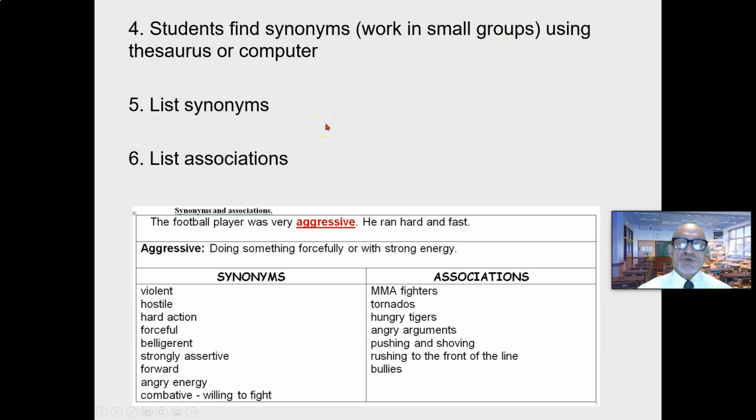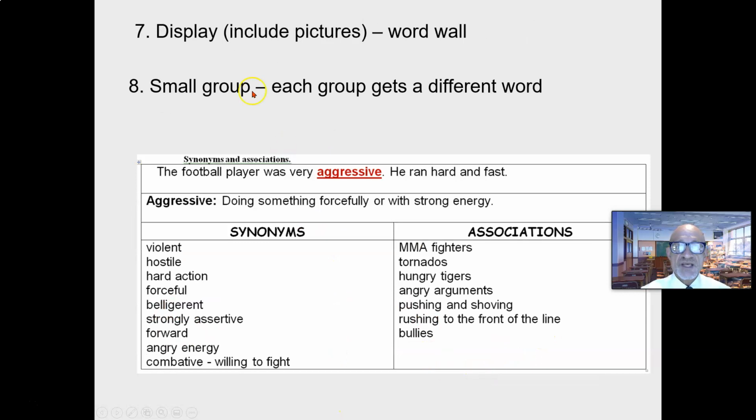Then, students work in small groups to find synonyms after defining the word. All right, you define the word, or they define the word, or find a definition. Students work in groups. They can use a thesaurus or a computer, and they list synonyms for that word. And then associations, things they connect with aggressive. Synonyms, associations. And then they display the word on a word wall,